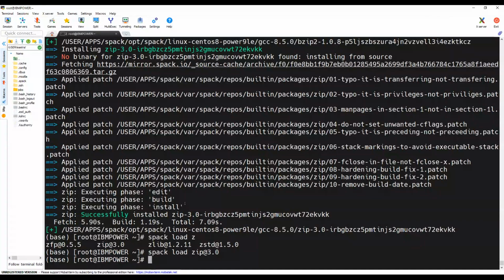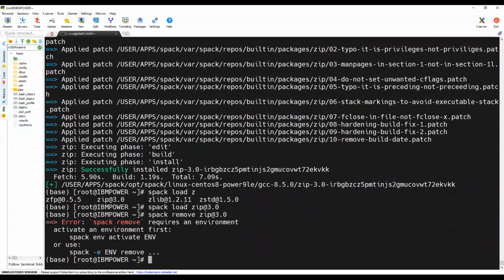So this Spack loading and unloading does not need root access or admin access. Only for installing or removing the software do we need root access. Let's say if I need to remove the installed software, I just need to use this command: spack remove zip 3.0.